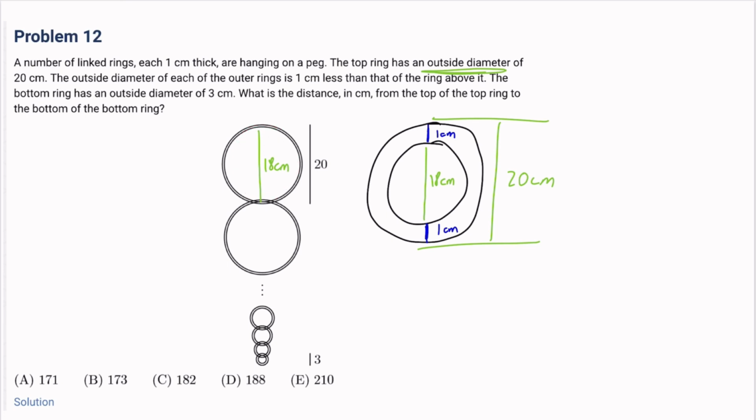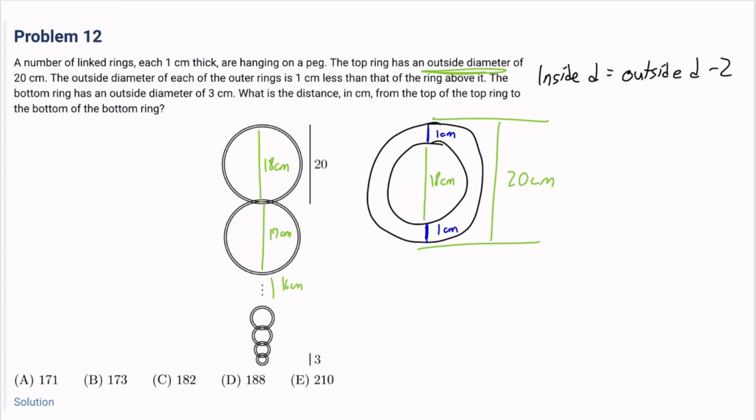So the top ring has an inner diameter of 18 centimeters, which is 1 centimeter less, right? Because the outside diameter has 1 centimeter less. To get the inside diameter, let's just write a formula. Inside diameter is equal to outside diameter minus 2, right? So since this whole thing is 20, the inside is that minus 2, and for the next one, the outside is 19, so the inside is going to be that minus 2, which is 17 centimeters, right? So 17 centimeters, and then the next one is going to be one less than that, so that's going to be 16 centimeters,